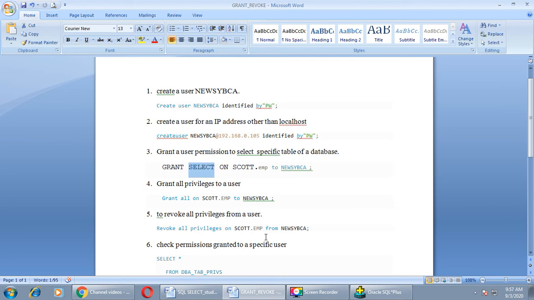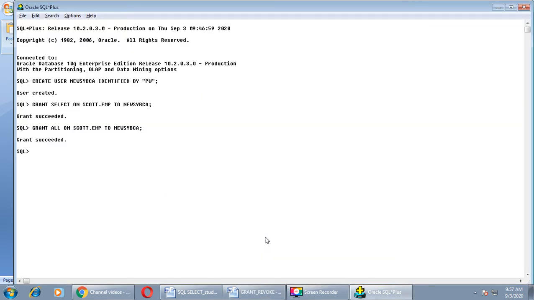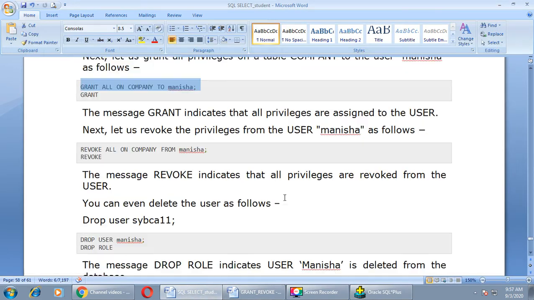We'll write revoke all privileges on scott.emp from new SYBCA. If you want to take back not all privileges but a particular privilege, then you have to specify the name of command over here. Like I want to only revoke the delete command.